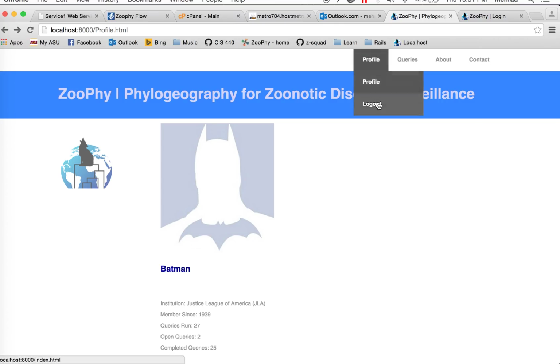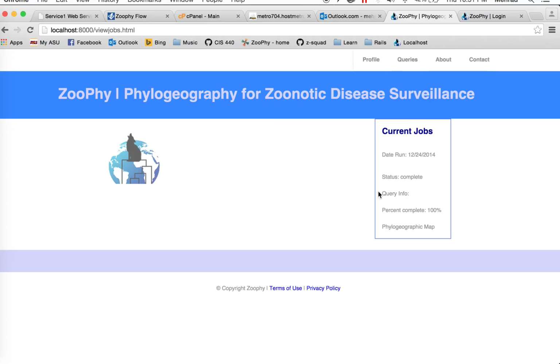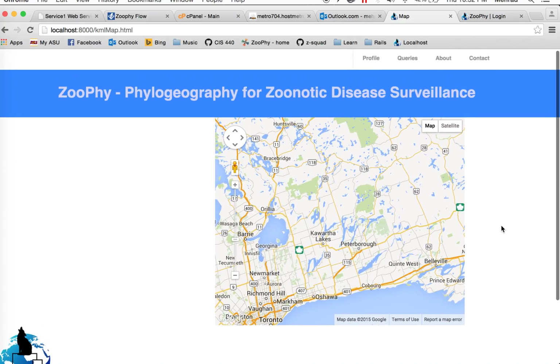I can go look at my profile or log out. Let me go look at my current queries, and it'll show you something here like current jobs, when I started it, its status. It could be in progress or complete. And then here you can click on a phylogeographic map, and ideally when the software, or the web app, is completely done,